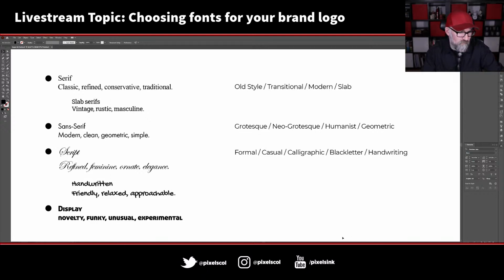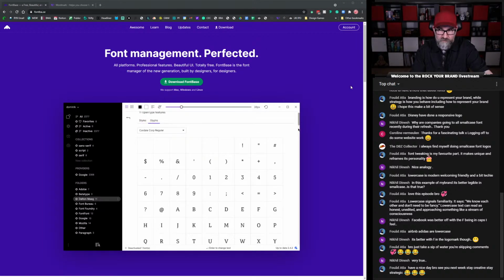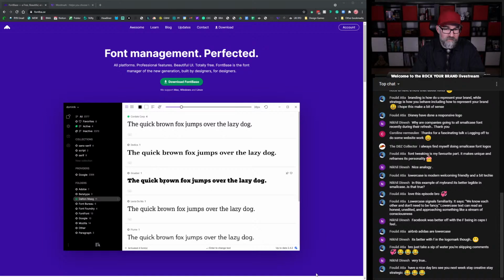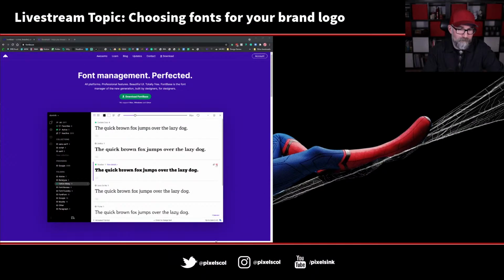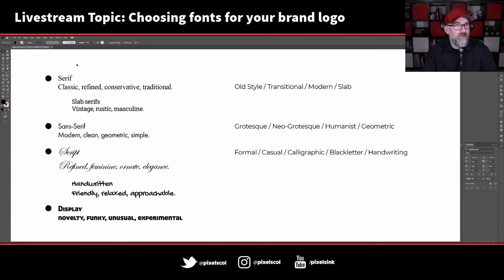So what I was going to do was just quickly say one of the best things to do when you are working with fonts is to have a font manager, rather than just going through your type menu and looking at fonts this way, or choosing your font and then clicking on font and moving up and down, which I've seen people do.